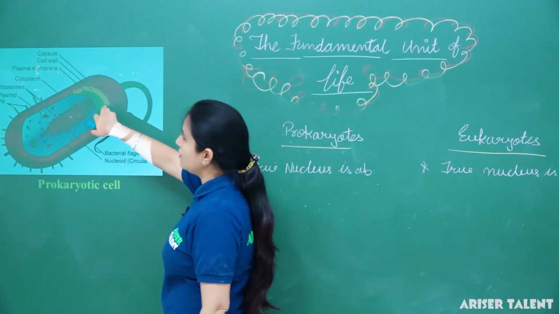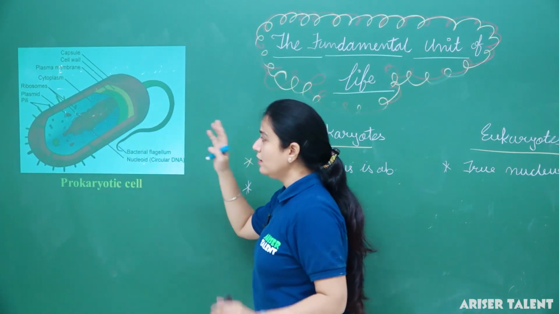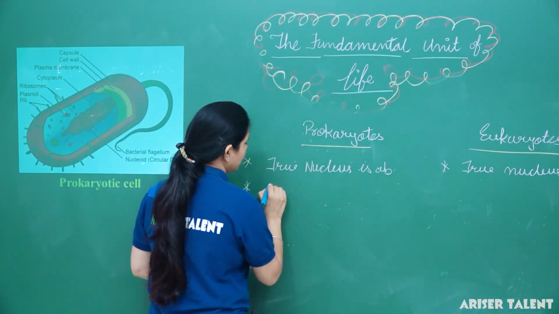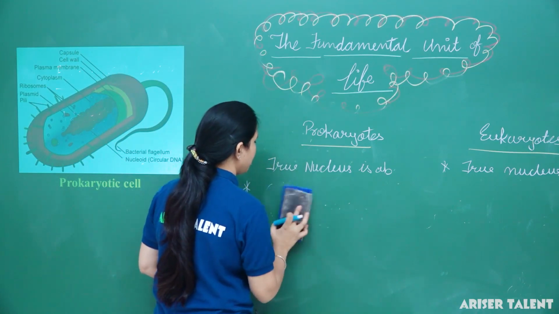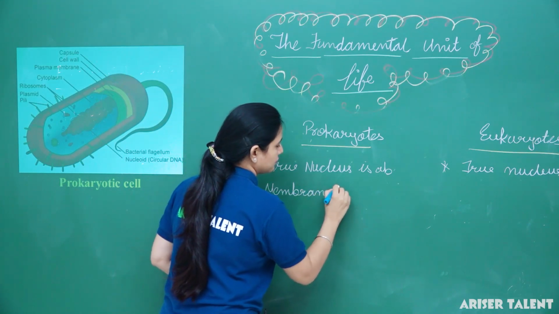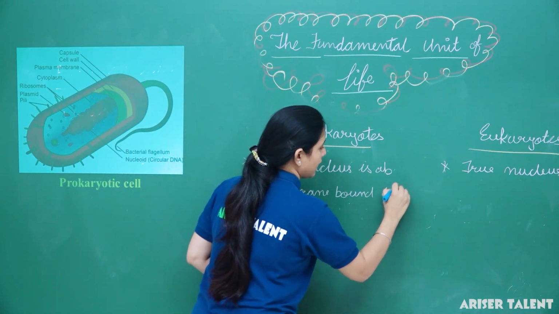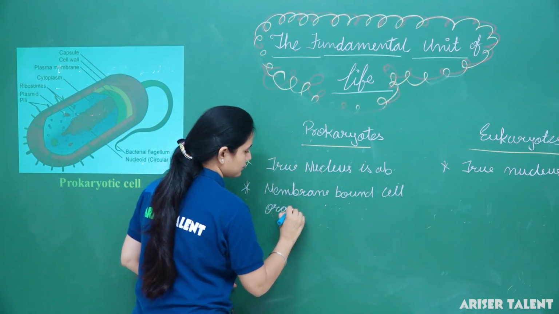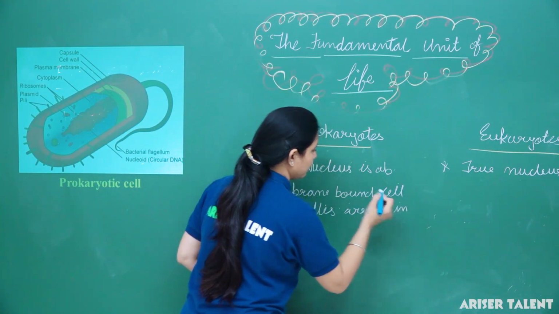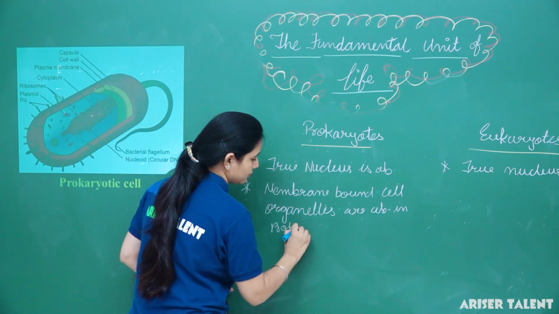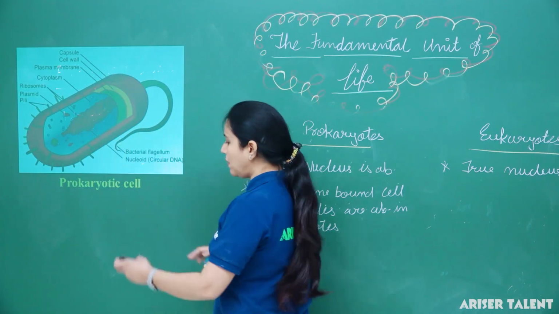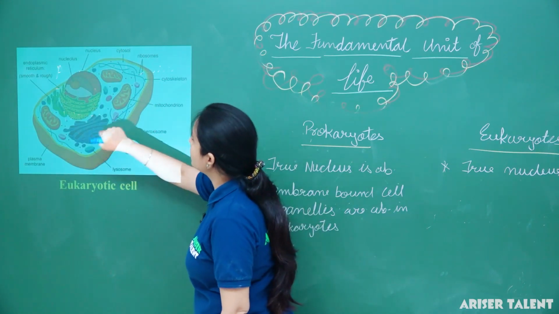So here we can see the plasma membrane. Okay, as the cell membrane bound organelle are absent in the prokaryotic cell. So first of all we will discuss the cell organelles, or we can say membrane bound cell organelles, are absent in prokaryotes. Okay, here we can see no cell organelle is there, but in the eukaryotic cell we can find the different cell organelles like